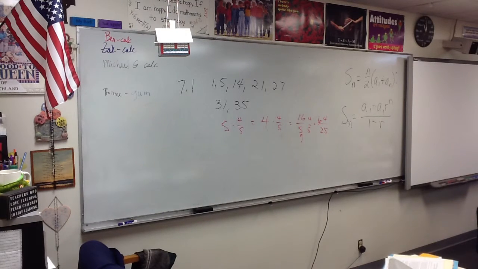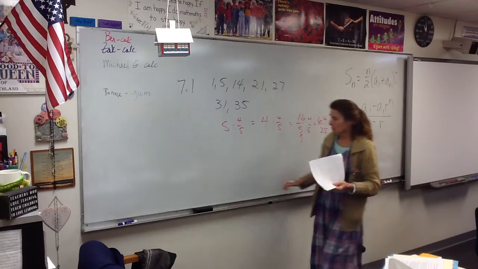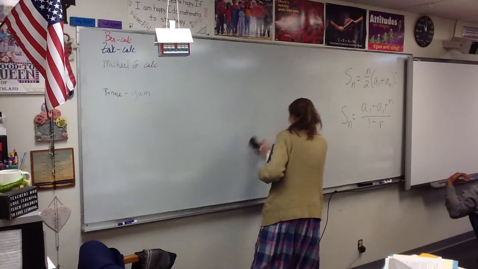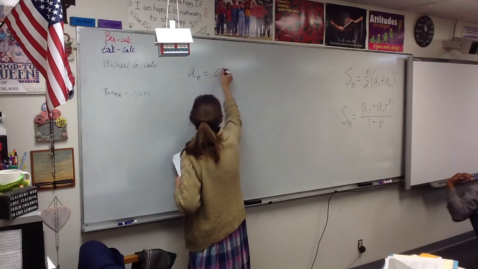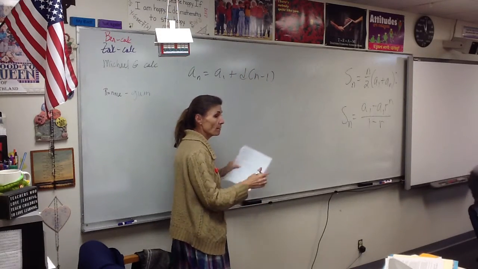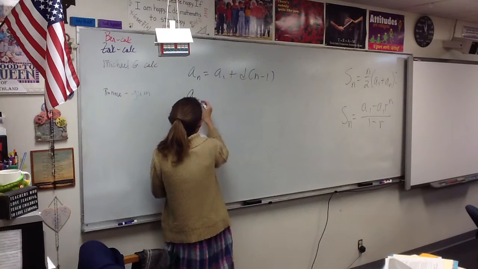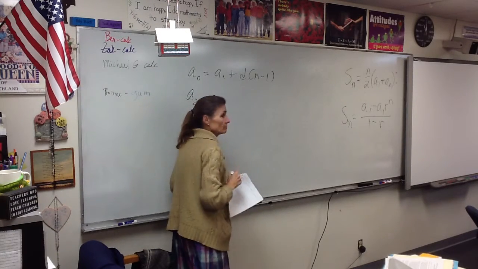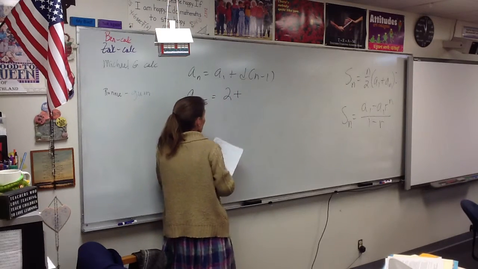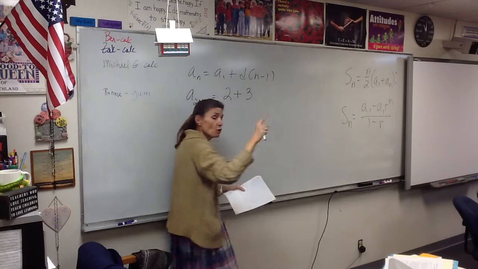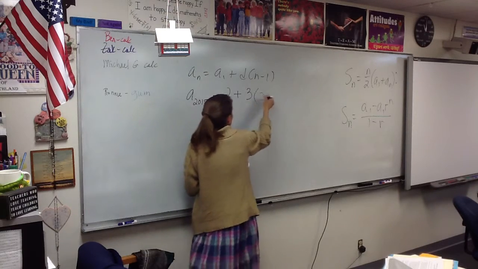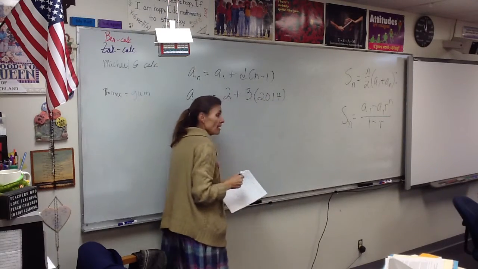Oh shoot, I gotta be over here, don't I? Yeah. So this is the formula we're going to use. A sub n equals A sub 1 plus D times n minus 1. That's it. Now let's plug in. What do I put where? A sub 2015 equals 2, that's the first term, plus 3, that's what you told me you added to get from term to term, that's your common difference, times 2014. So then you'll get your calculator out,